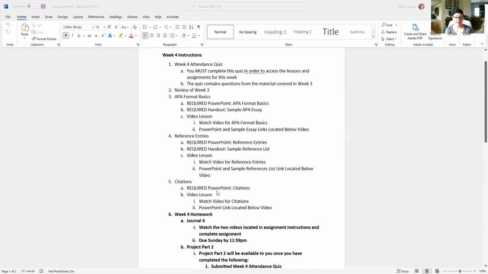If you turn in a rough draft, project part 3 in week 6, when you work on it, if you submit a rough draft that doesn't have citations, I will send it right back to you and say, you need to fix this before I'll even read it. So, I will discuss more about project part 3 when we get closer to it, but you just need to know that these lessons here in week 4